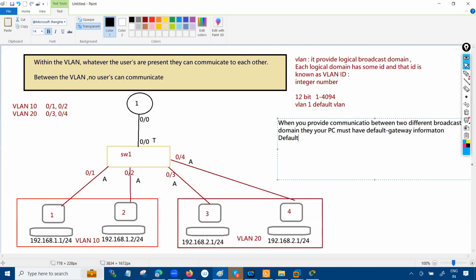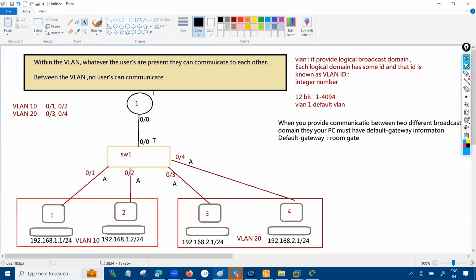Default gateway is nothing but, if you compare, your room gate. You have a room in a flat, and if you want to go from one room to another room, you need to follow the gate. Same thing: if one PC wants to go to a different network, it needs to know who my gateway is. So if you see this particular configuration, on this particular interface 0/0,